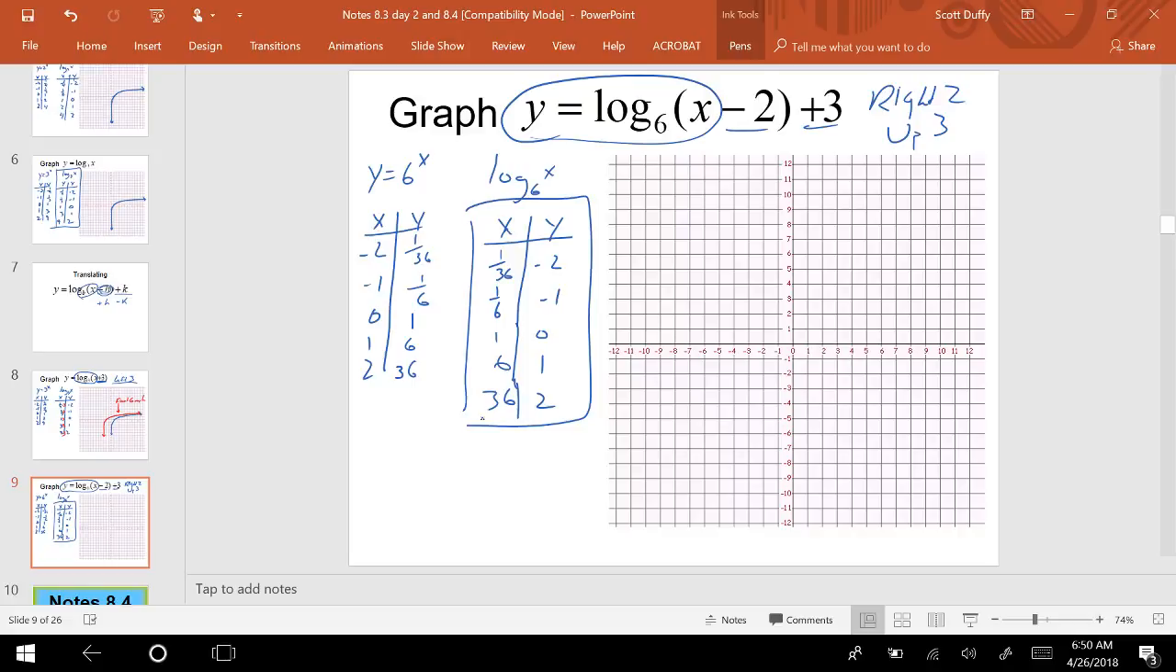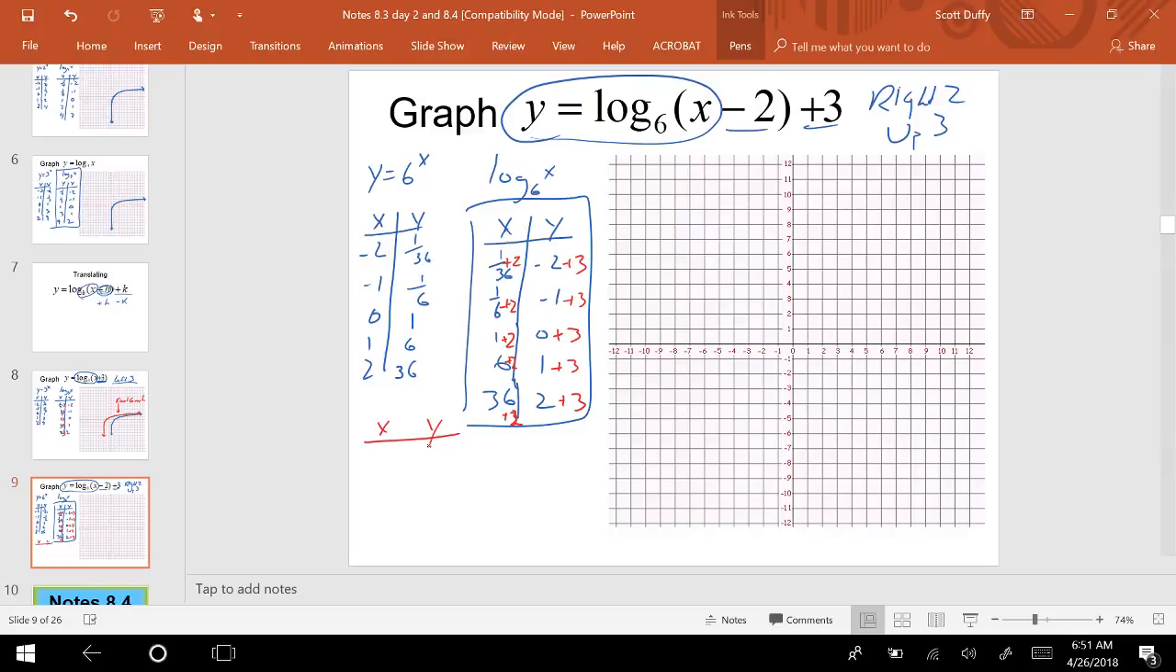Or what you could do is say right 2 would be adding 2 to all those x coordinates, and then up 3 would be adding 3 to the y's, and that's all you would have to do. So the way I'm going to do it is actually doing that. 1/36 plus 2 would be 2 and a 36th, so it would be just past 2, and then negative 2 plus 3,